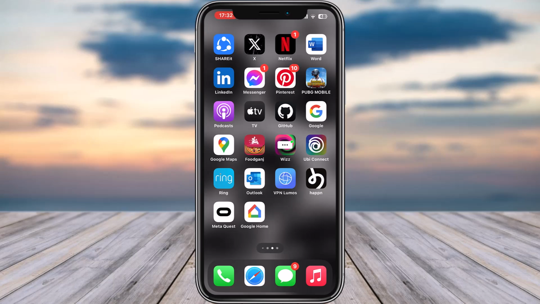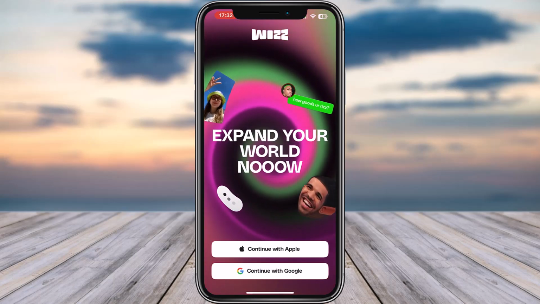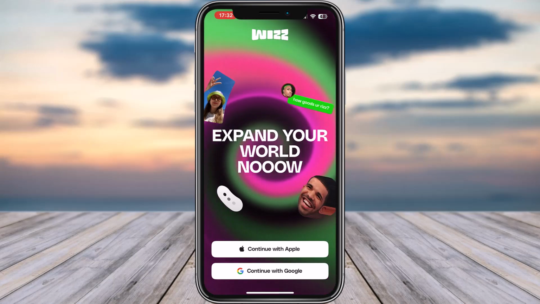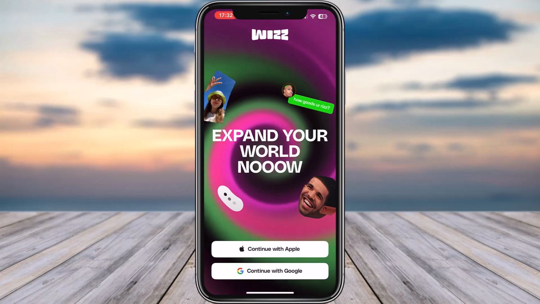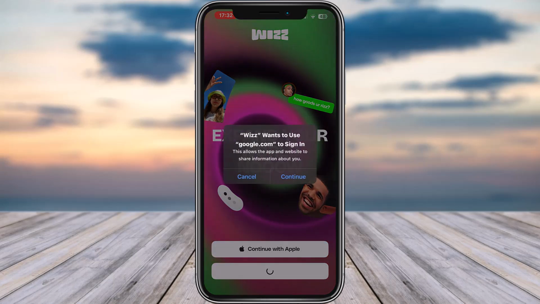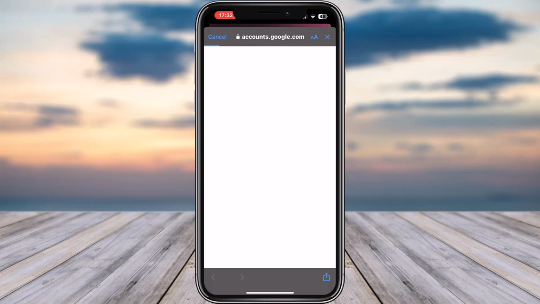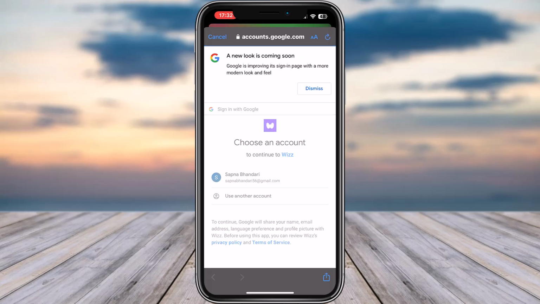For that matter, first of all, go ahead and access your Wizz app on your mobile phone. Upon doing that, you will have two options, which is continue with Apple if you would prefer Apple ID. Otherwise, you have the option of continue with Google. Simply go ahead, tap on it, tap on continue. Now choose the account accordingly,